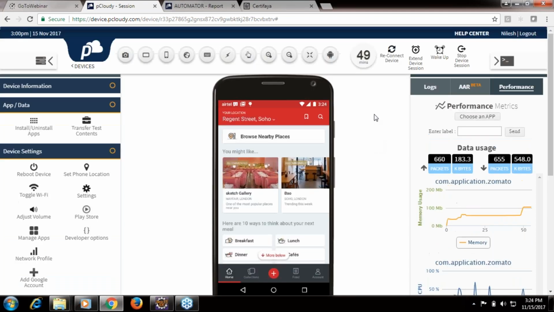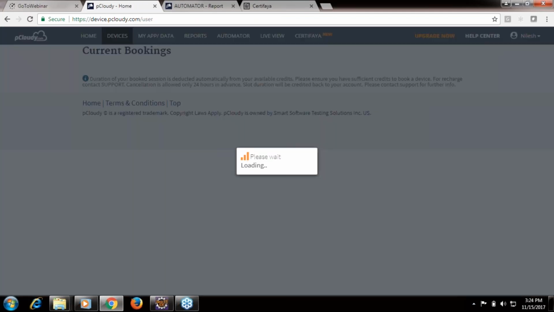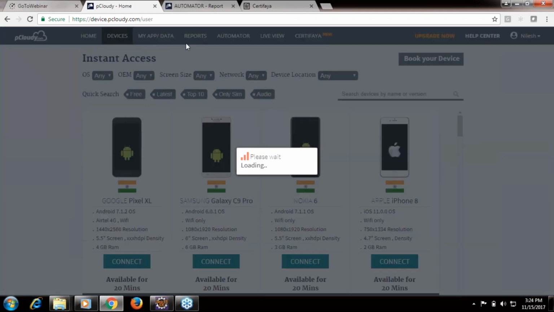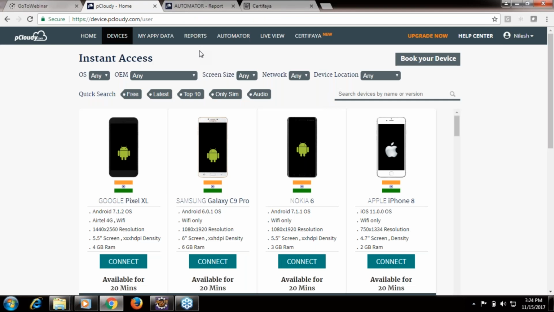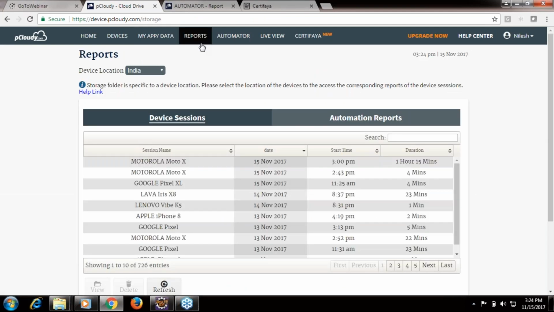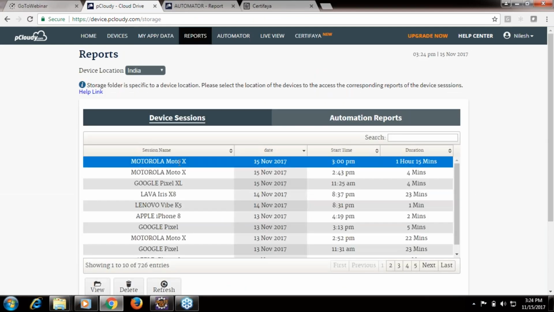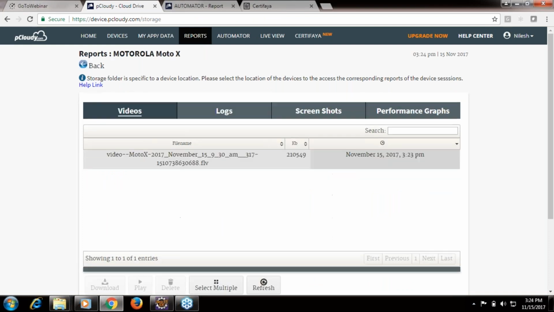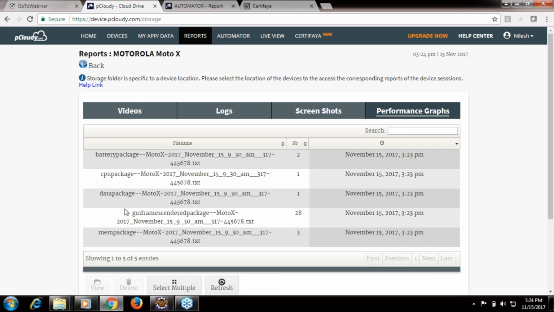Now, once your testing is done, though you are monitoring it next to the device, these testing parameters are still available with us in the reports folder, which I'll be showing you in a moment. So I'm just releasing the device. I'm coming to the reports folder here. In the reports folder, if I go to device session, I can see this is the device which I have used just now. So if I double click that and go to the performance graph,